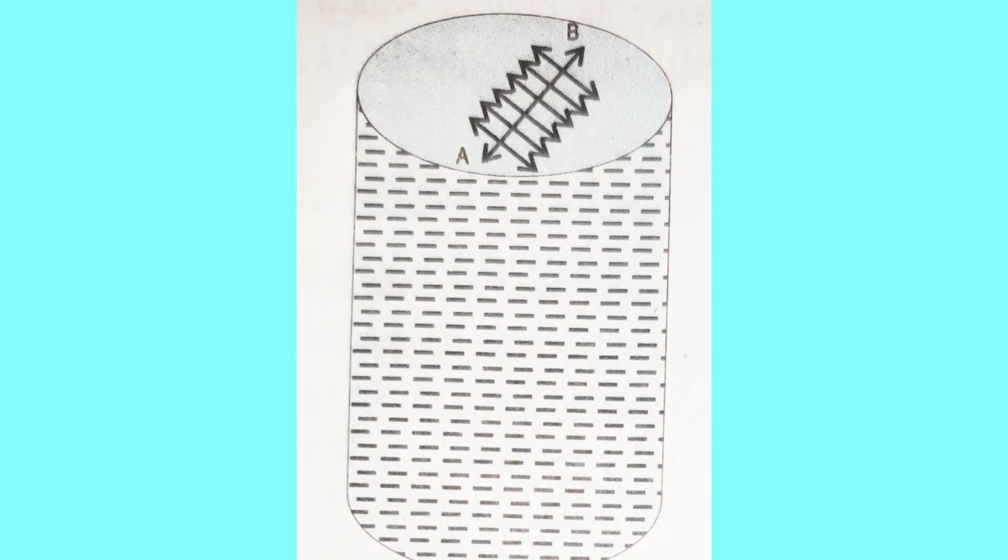The free surface of a liquid in a vessel behaves like a stretched membrane, and all molecules on the surface film experience a stretching force. Imagine a line AB of length L anywhere on the free surface of a liquid, as shown in the figure. Molecules near this line AB are being pulled on each side. This force is acting perpendicular to this line AB and tangential to the liquid surface.